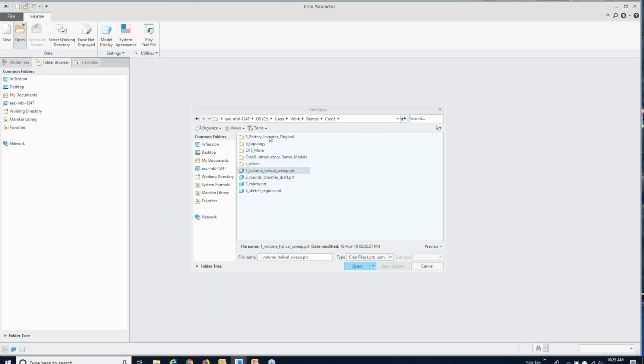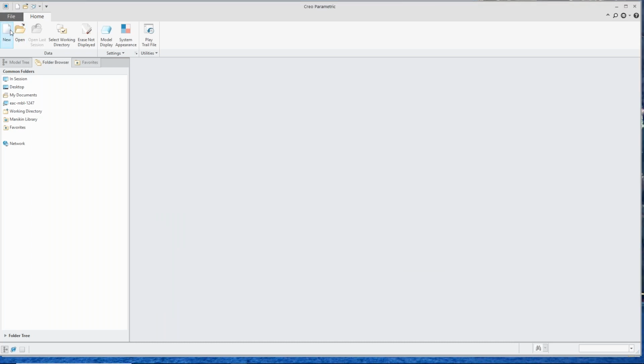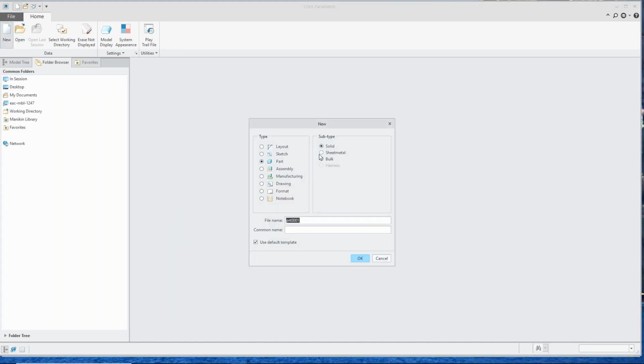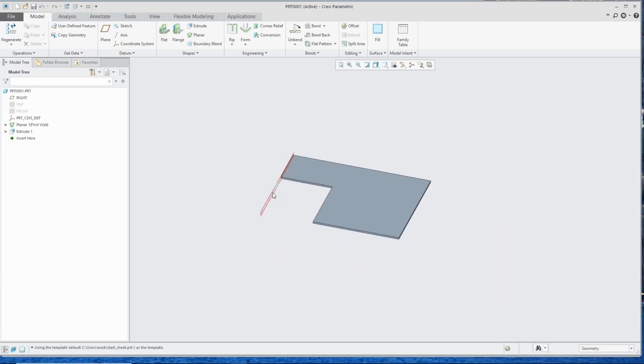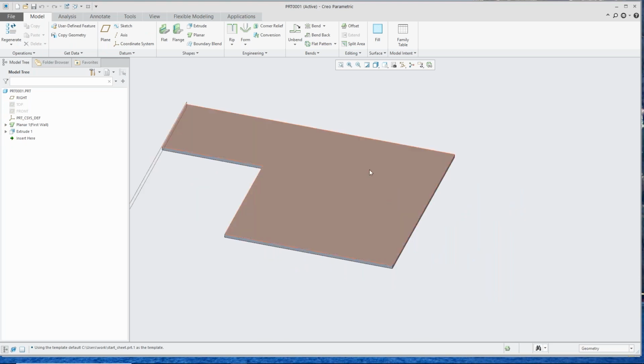The other thing that I mentioned is making a flat version of this and making it a simplified rep, instead of making a family table. So same thing that we saw before. I can see the flattened version here. We can zoom up. You can see our little rectangular relief here. But one of the things we could do is we can make a